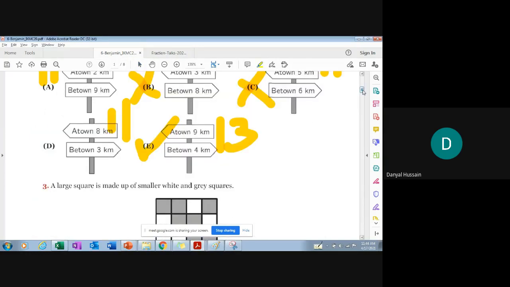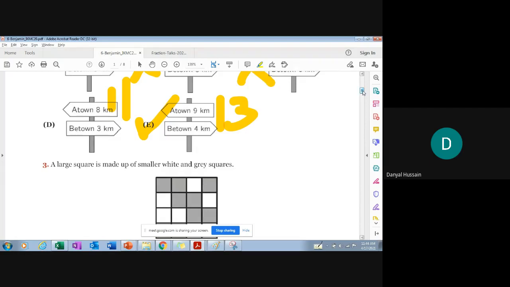So do practice each day. I am suggesting you that at least try to solve half of the past paper each day. I am giving you five questions for each day. I will increase these questions after a few days because right now we are just solving the basic questions of these past papers. After a few days, I will also increase the number of tasks for each day. But I am giving you 5 tasks right now. You can solve more tasks by downloading the past papers from the website.